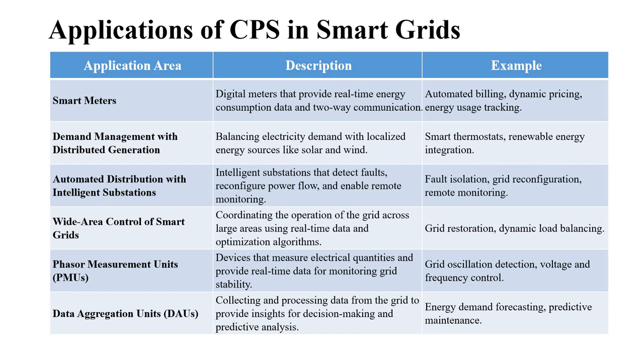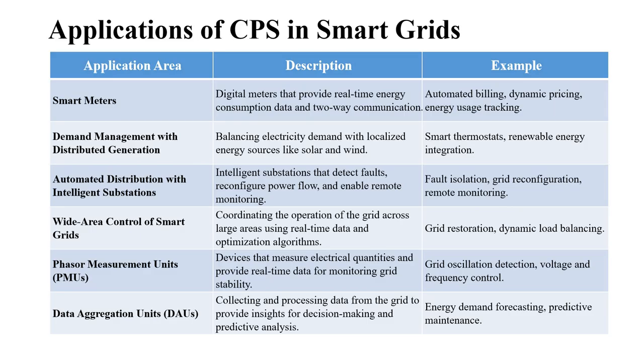The next application area is automated distribution with intelligent substations. These are the heart of the modern smart grids, and these substations are equipped with sensor communication systems and automated controls to monitor, control, and optimize the distribution of electricity across the grid. Here the examples are fault isolation, grid reconfiguration, and remote monitoring. Fault detection and isolation is like, these can detect the faults and quickly isolate the affected areas to